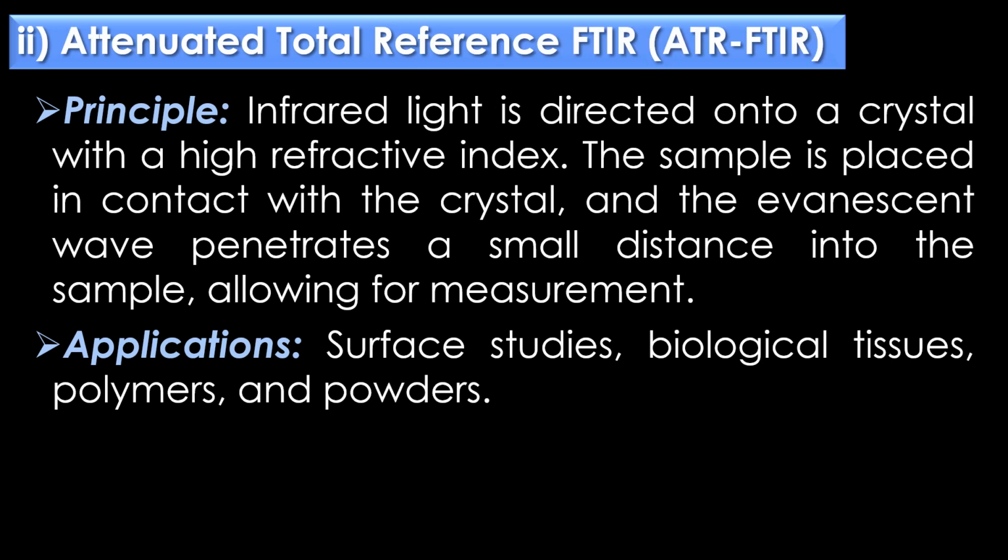The second type is attenuated total reflectance FTIR. In short form, it is called as ATR FTIR. Principle: in ATR FTIR, the infrared light is directed onto the crystal with a high refractive index. The sample is placed in contact with the crystal and the evanescent wave penetrates a small distance into the sample,